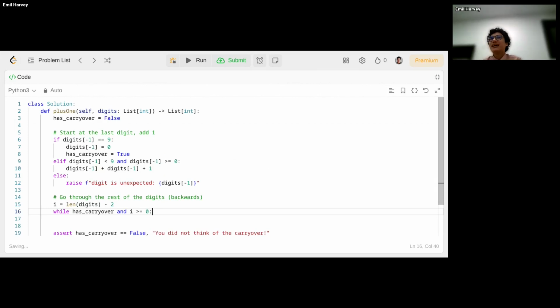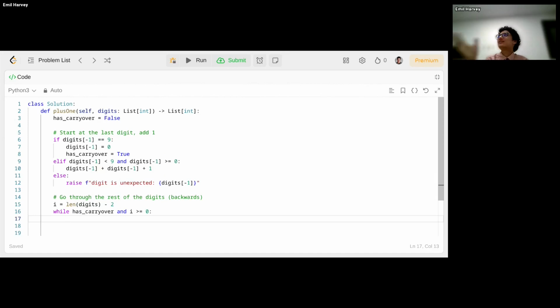Because if i is -1, then that's the -1 index, and in Python, that would cause a lot of issues because it will go all over the place. But from a theory point of view, we want to go to the very start of our number.